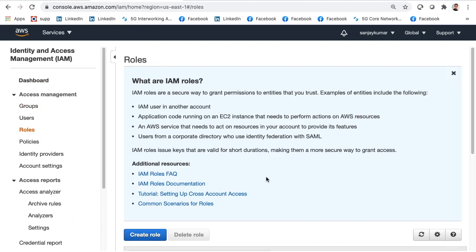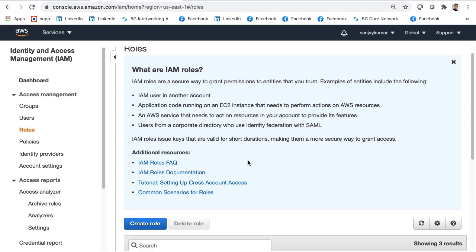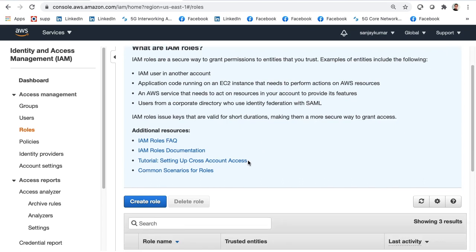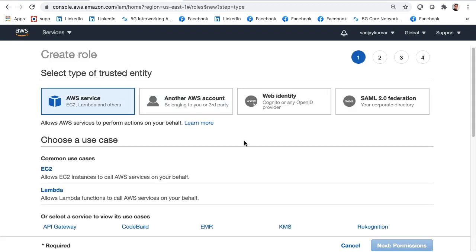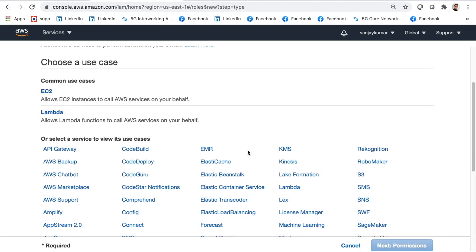Roles are similar to user creation, but they are not designed for end users or human beings. They are designed for services which want to access other services. So let's say I want to create a particular role where EC2 allows an EC2 instance to call AWS services on your behalf.